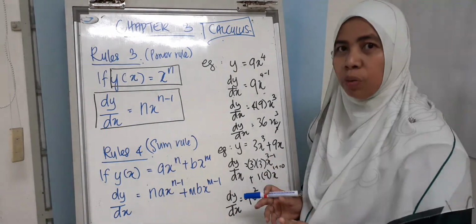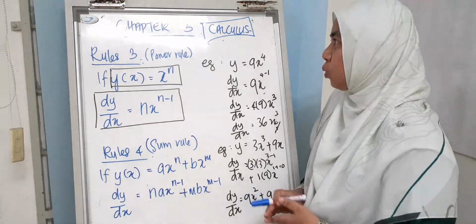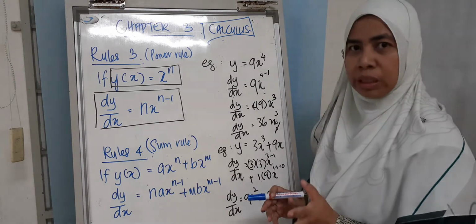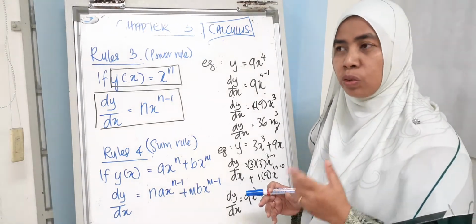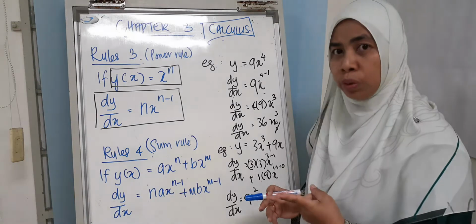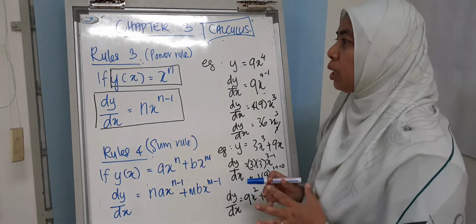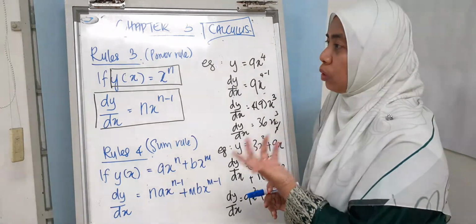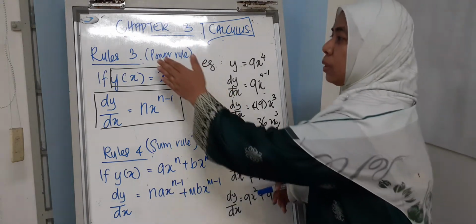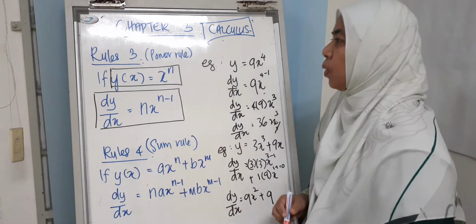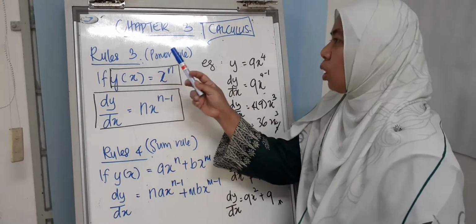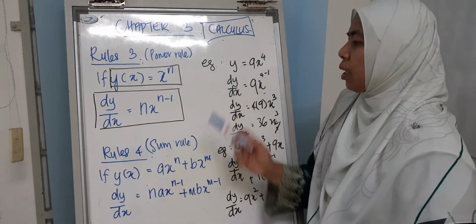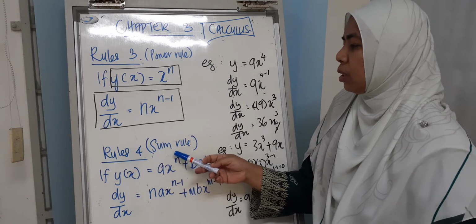Alright, so now we learn about still in chapter 3. So still in calculus. Before this we already learned about rules number 1 and rules number 2. Today our objective is to calculate by using rules number 3 and also rules number 4. So what is rule number 3? Rule number 3 we call power rule, and rule number 4 we call sum rule,